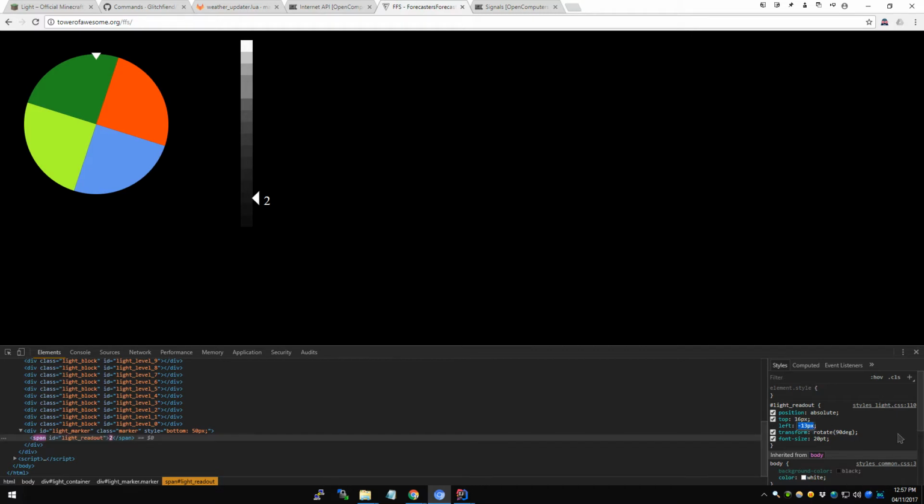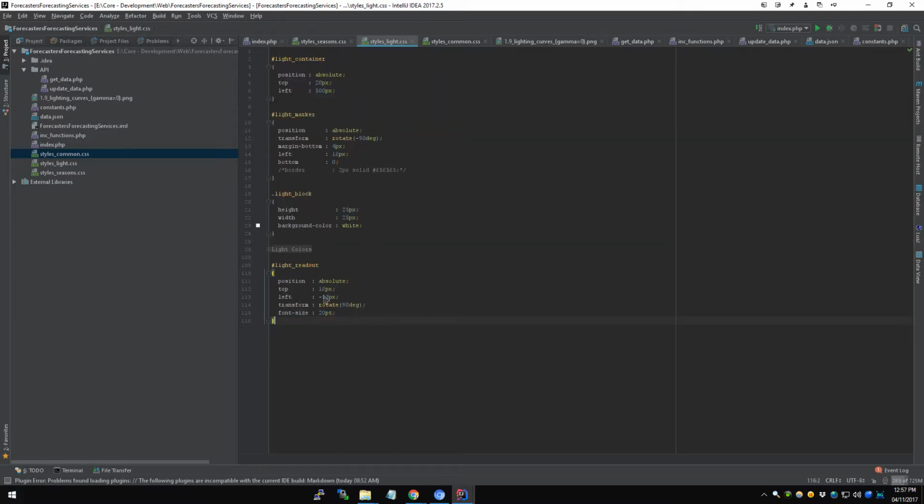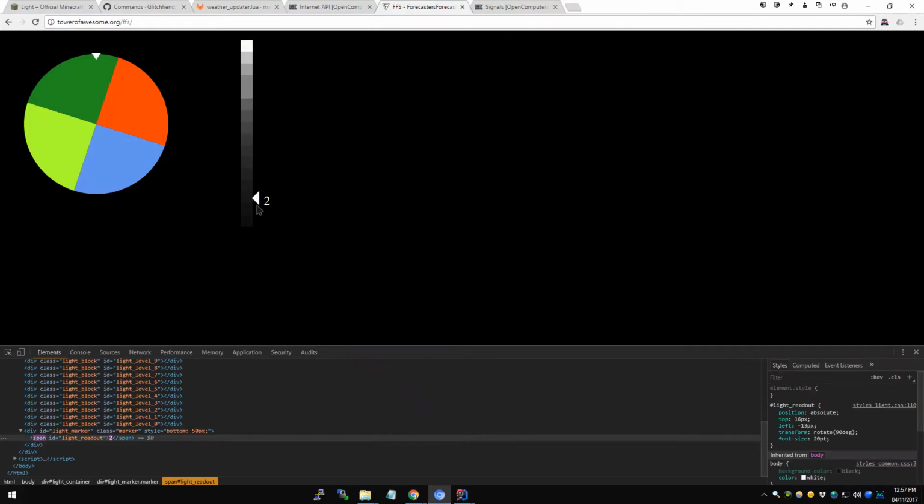Let's recenter that. 8 will do. And then we're going to apply that to there. That should do. Nope, that just dropped down again. There we go. Okay, need to do a cache refresh to force the CSS to update, which is a